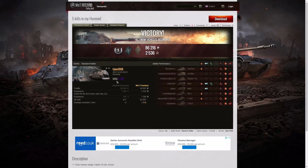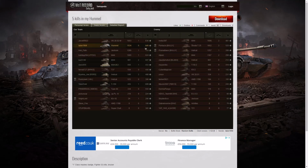And in this game, he did much better. His win rate is 3,505, which is Super Unicum standard. Let's have a look at team score. Well, on this occasion, the highest damage actually went to the M44 on the enemy team with